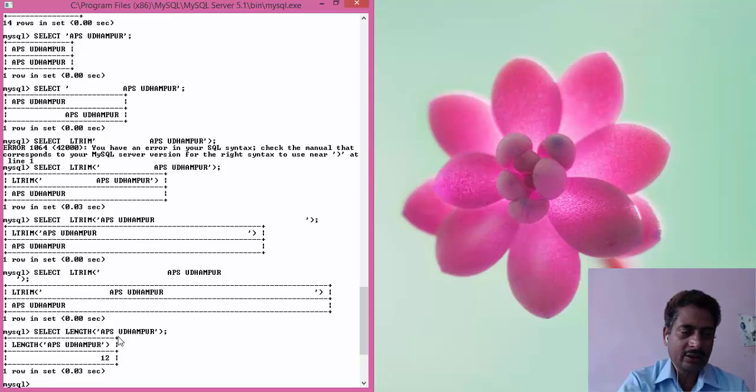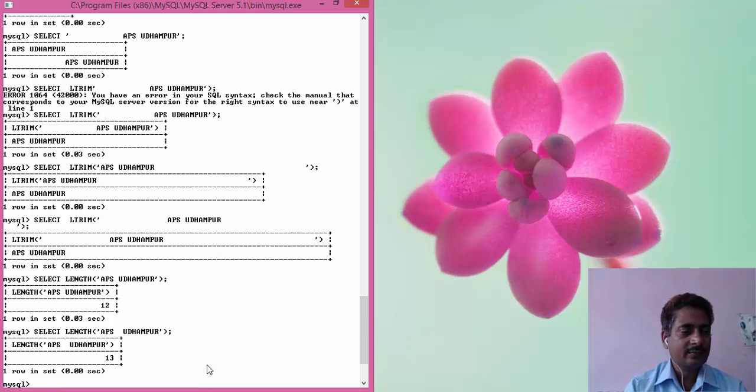Make sure space, APS 3, and space 4, 5, 6, 7, 8, 9, 10, 11, 12. Okay. If we give two spaces between APS Udhampur, it will show 13. So length also counts the spaces.